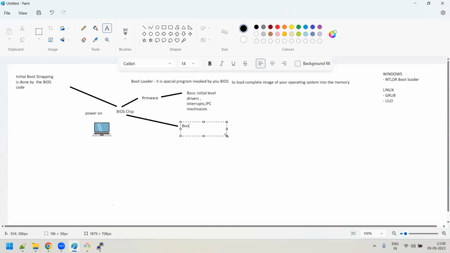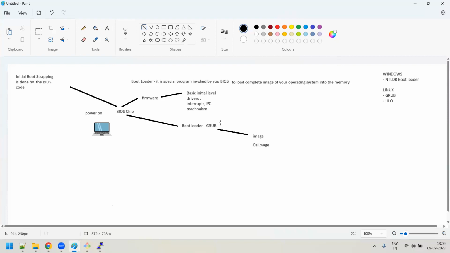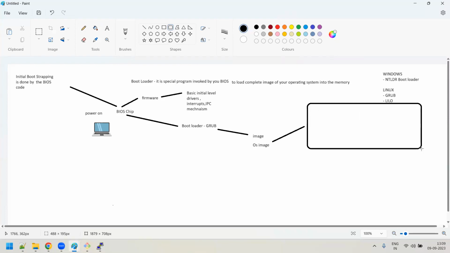If you are working on Linux, grub is the default bootloader. What will grub do, sir? Grub will take the image of an operating system. It takes it from the bootable device, or from the bootable partition, the partition where the image is there, right? From there it will pick it up. This image is nothing but your operating system image, a compressed operating system image. Grub will take this whole image and try to load it into your RAM memory.